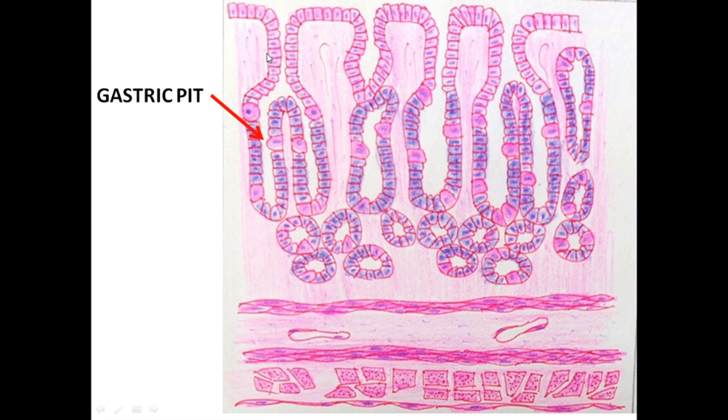The epithelium is invaginating inside and then opening as a single opening over the surface of the lumen of the stomach. That part is called the gastric pits, and you can see there are different types of cells present in the gastric pit. So what are the different parts of the gastric pit, what are the different cells present in them, and what are the functions of them? That can be written in a single table in your exam also.